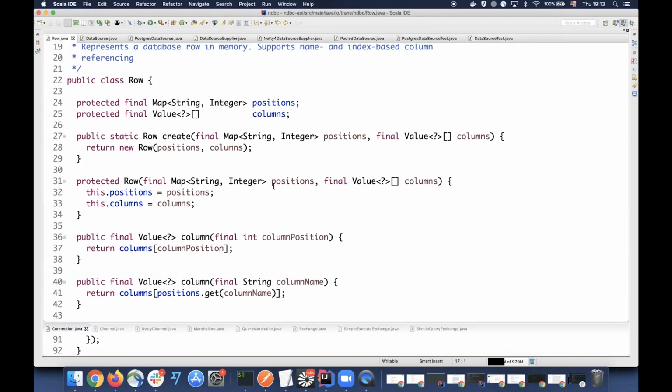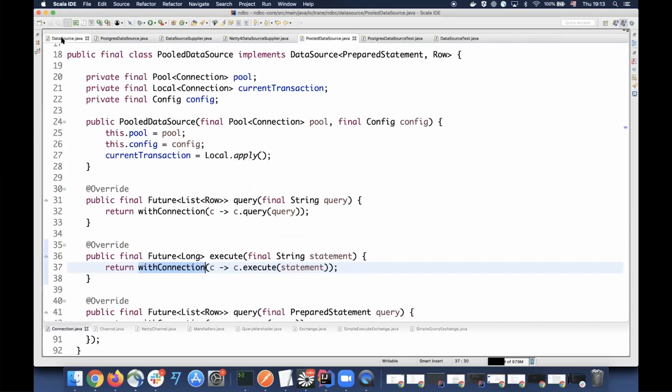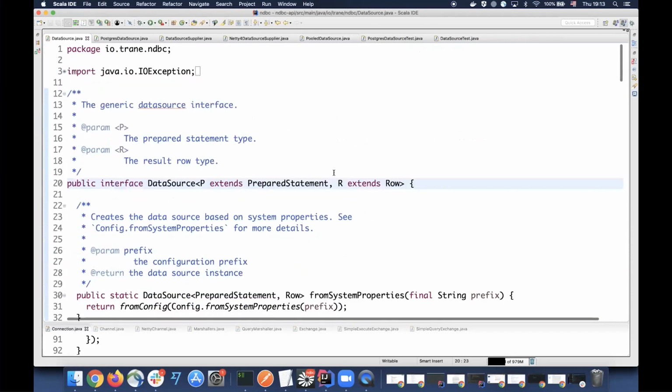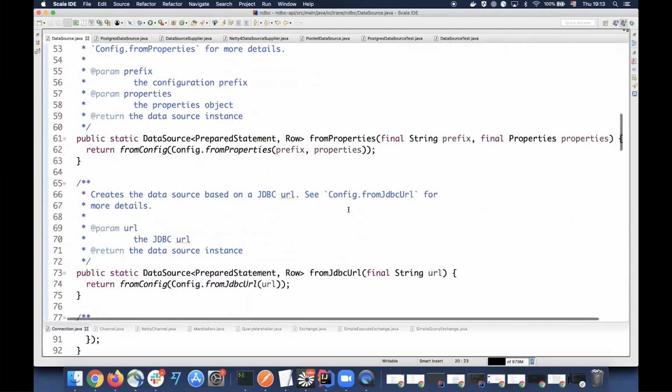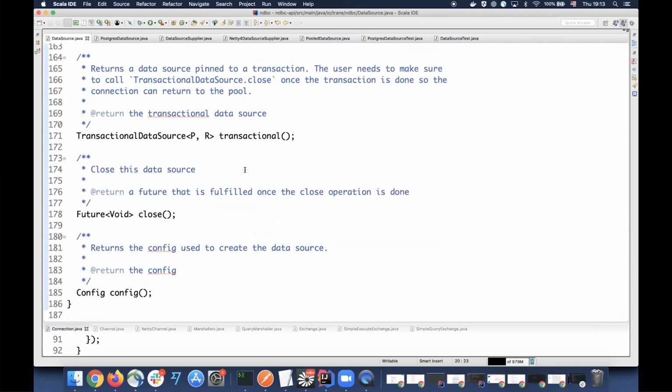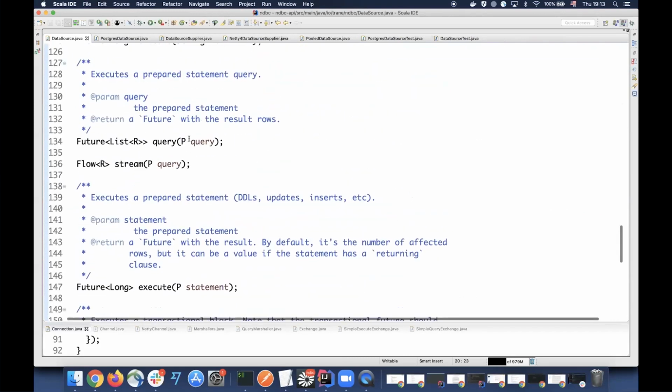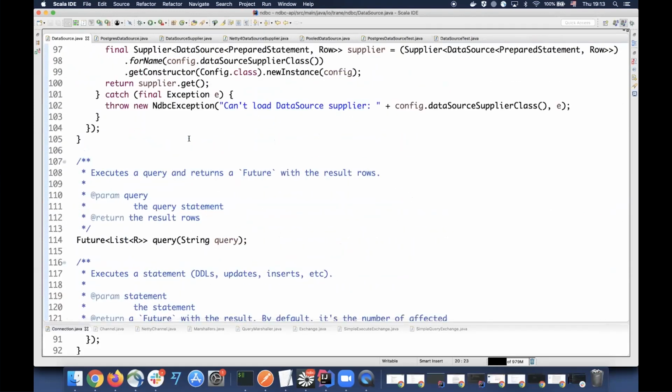Something that was important here is we wanted to make sure that it's strongly typed, which was quite difficult because we are talking about Java and the type system is kind of weak. But yeah, that one is not that interesting either. And then we have the data source. The data source is the guy that you'll be using if you are using NDBC by yourself. You can see the methods you have here are pretty much the same as the connection, but it wraps the connection and takes care of that for you.